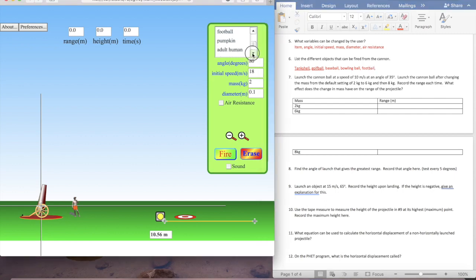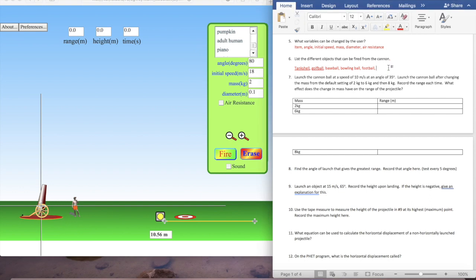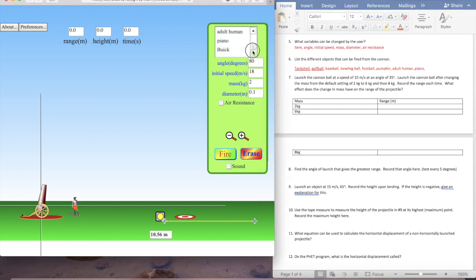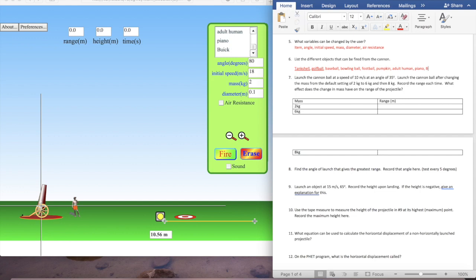Yes, they're all balls. There we go, pumpkin, an adult human, a piano, and a Buick. Okay. Then it says launch the cannon at a speed of 10 meters per second, right here,